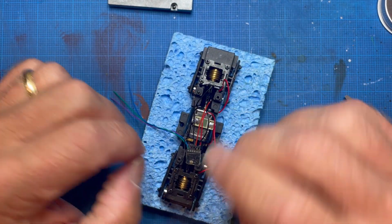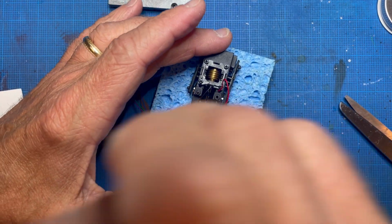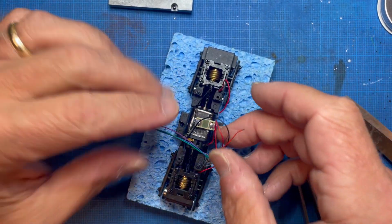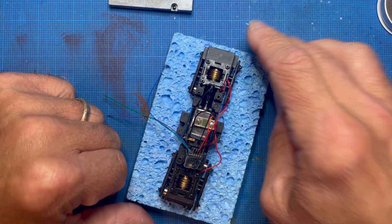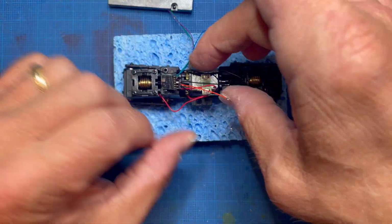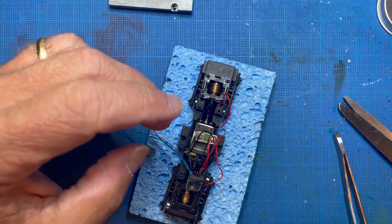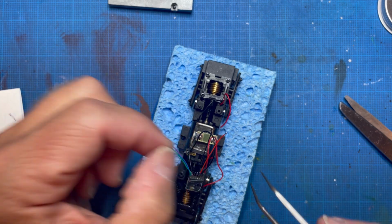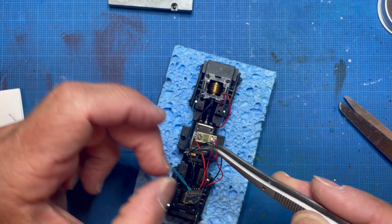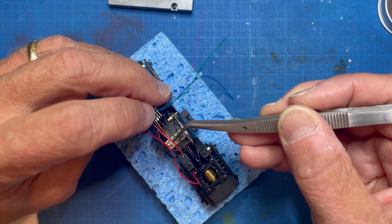So, it's a good thing we have it going this way too, because here, matter of fact, we need to get all these wires out of here too and over the top. There we go. So now, if you can see what we've got here, now that I can see what's going on here, I'm going to move these guys below